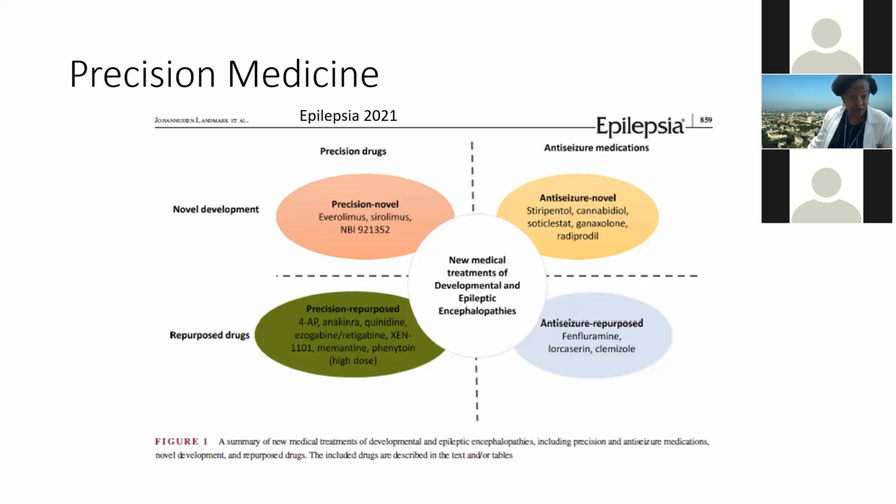And there are medications that are also repurposed that were used in the 80s, like fenfluramine, and it has turned out to be a terrific anti-myoclonic medication. Fenfluramine was part of fen-phen, a medication for weight loss in the 70s and 80s that came out of the market because of high concerns and has come back as an anti-seizure medication. We have lorcaserin and clemizole also that are drugs being studied. So these are the new arsenal that we have to treat these patients who have some of the genetic disorders that we know today.